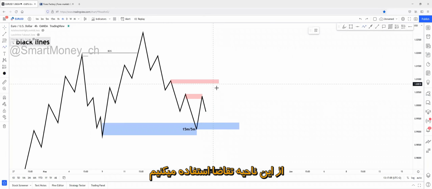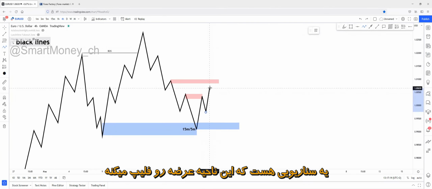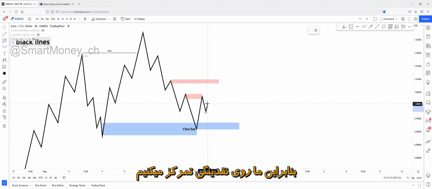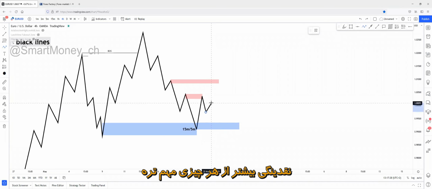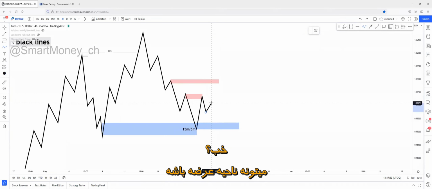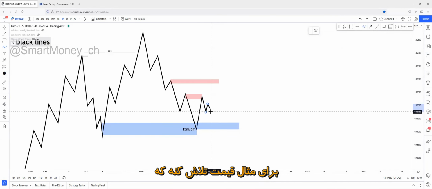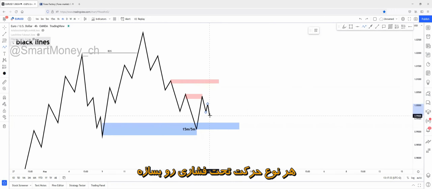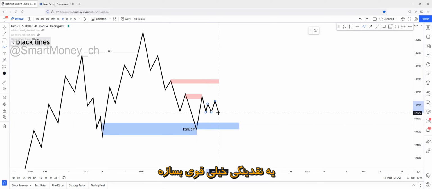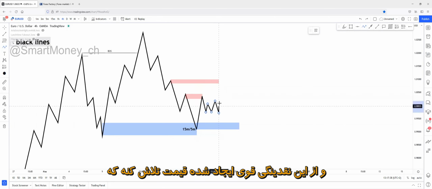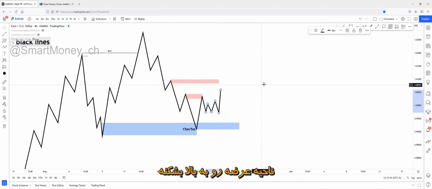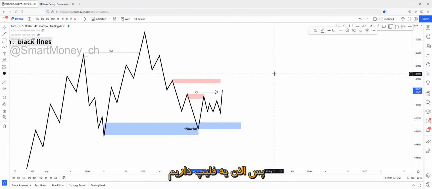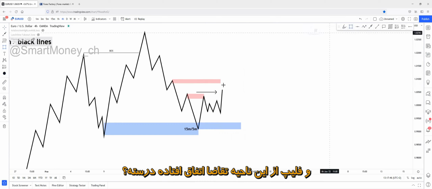Exactly. There's one specific scenario where this demand zone that flips the supply zone can be used, because that will be part of the liquidity. So basically we are focusing on liquidity over everything else, right? There could be a supply zone, there could be a demand zone, there could be a structure, there could be anything. We are focusing on liquidity over everything else, because if there's liquidity, for example, price struggles to break above the supply zone, struggles to create any impact movement, and it creates a range on the downside, creating strong liquidity. And from this strong liquidity creation, price just breaks above the supply zone and creates a flip scenario right here. A flip has happened from this demand zone, right?